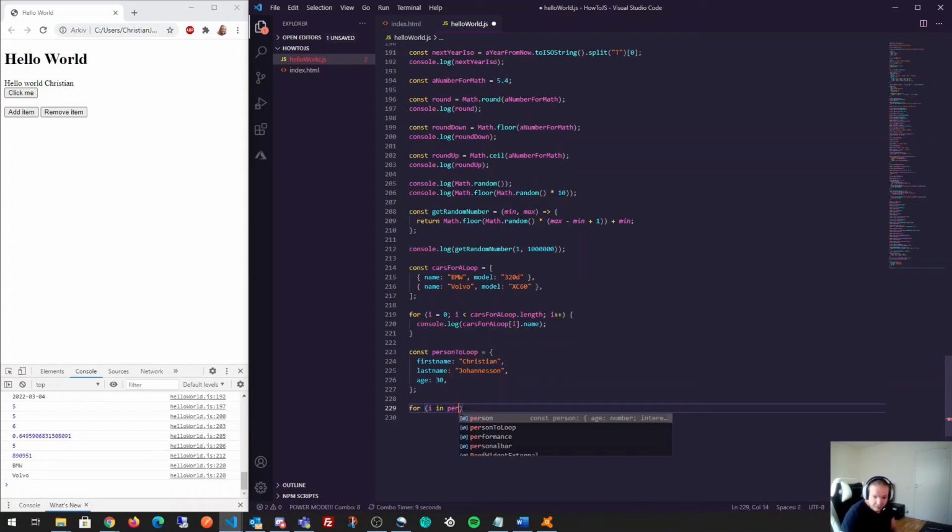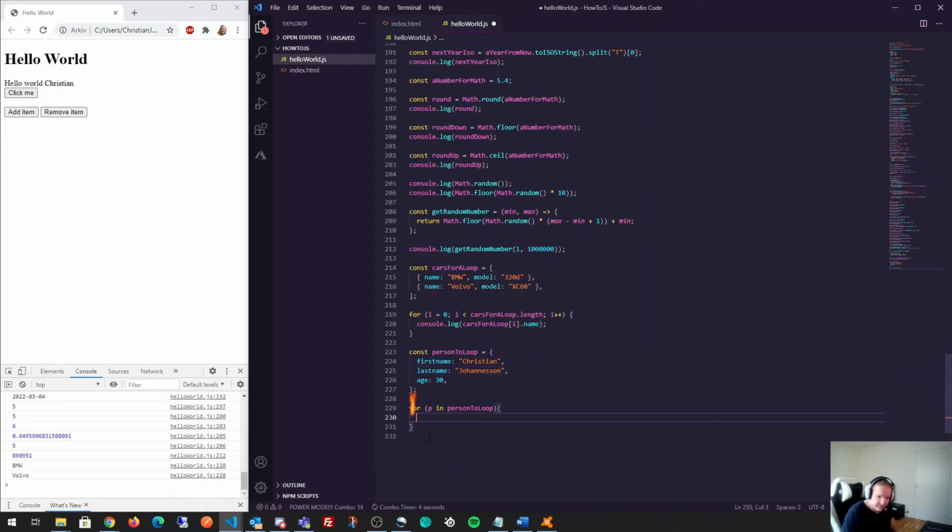So person to loop, and then we specify which code to run. So what we say here is that for each property, we could actually call this P, for example, for property, in person to loop,